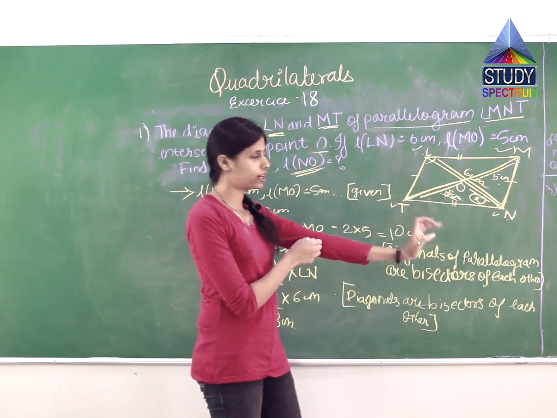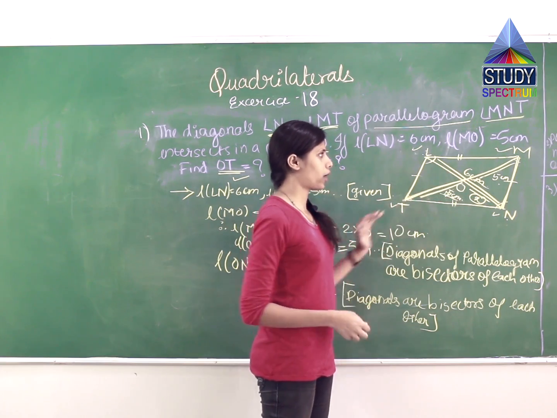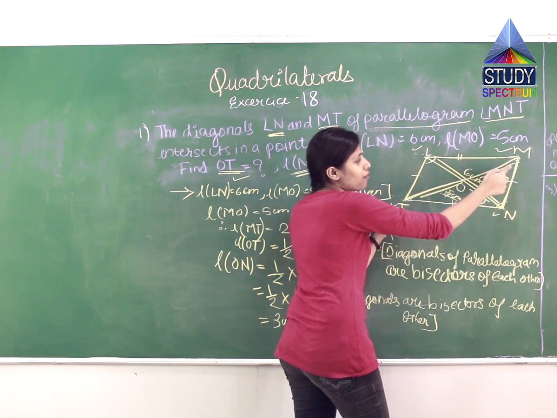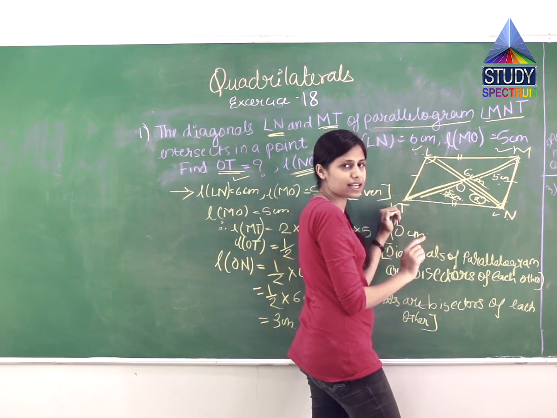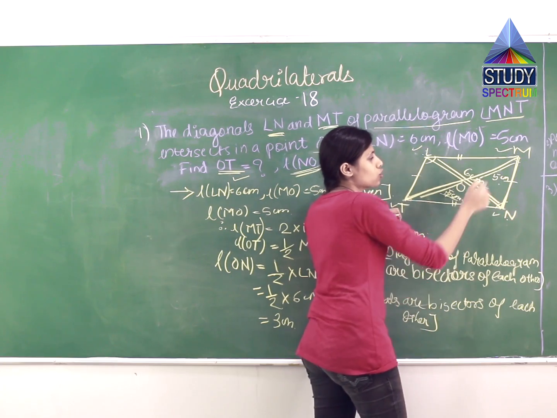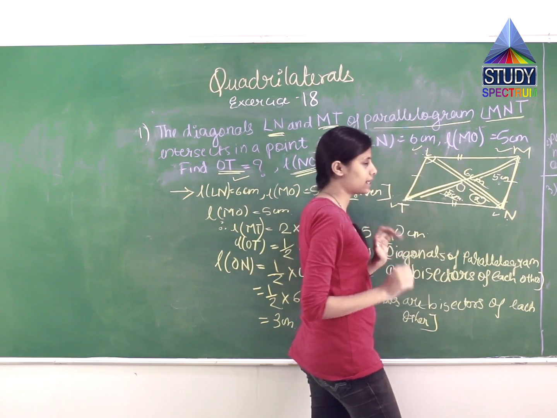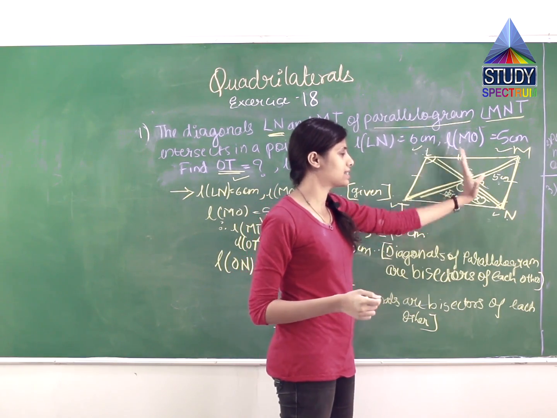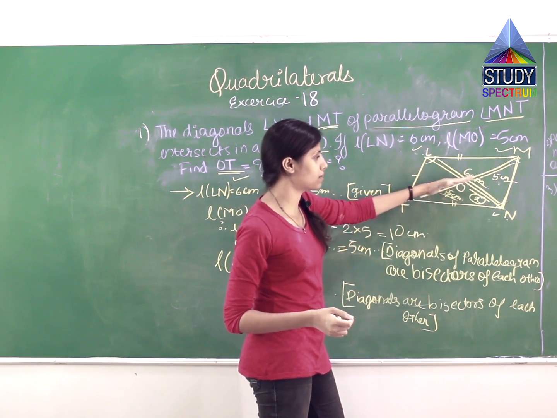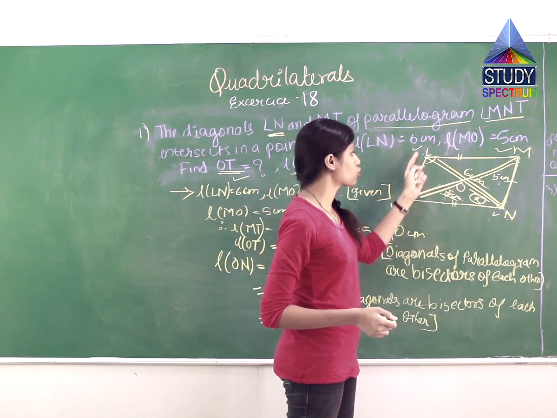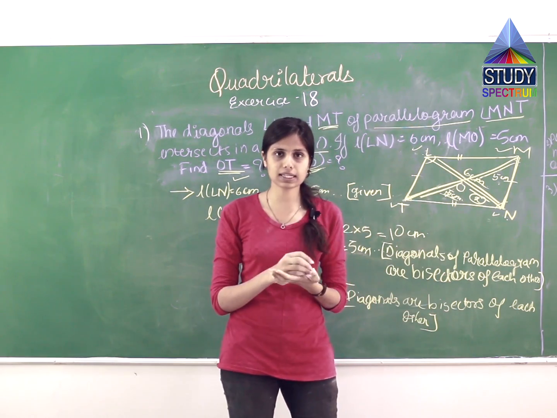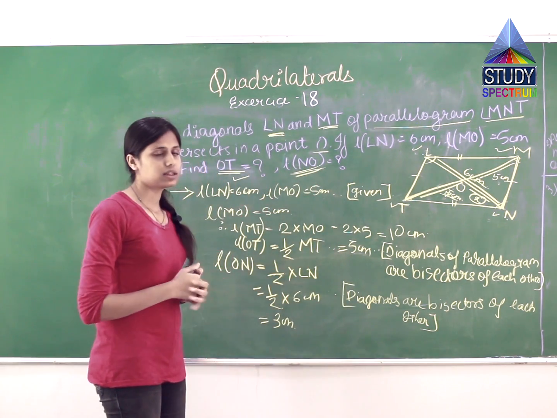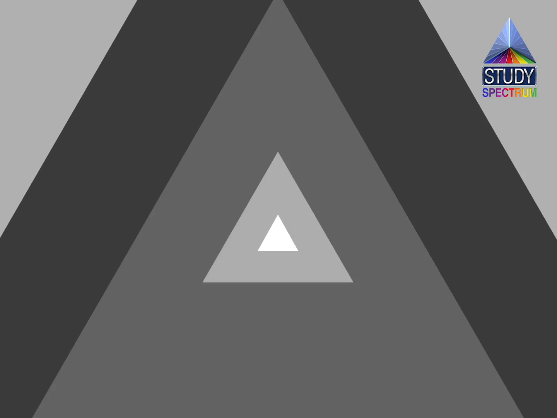So ultimately, what we have done is we have seen that O is the midpoint. In the first question, what was given is MO is 5 centimeters and you have to find OT. If MO is 5 centimeters, OT has to be 5 centimeters because O is in the middle. So 5 centimeters, 5 centimeters, total comes to 10 centimeters. In the second question, they were asking about L and N. The difference between L and N is 6 centimeters and O is in the middle. So find the measure of O and N. L and N का difference is 6 centimeters, O is in the middle, which means half of 6, which is 3 centimeters. So ON is equal to 3 centimeters.